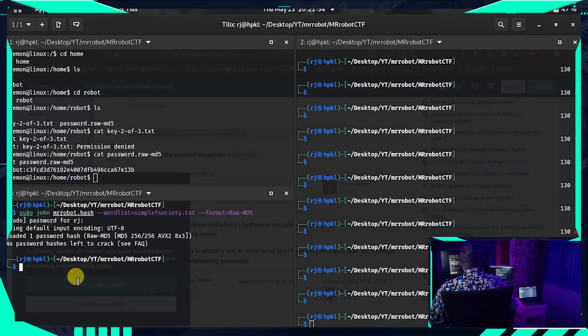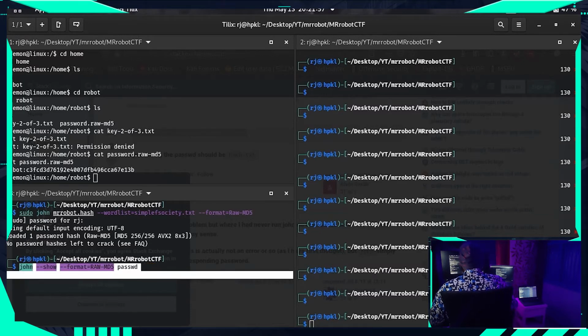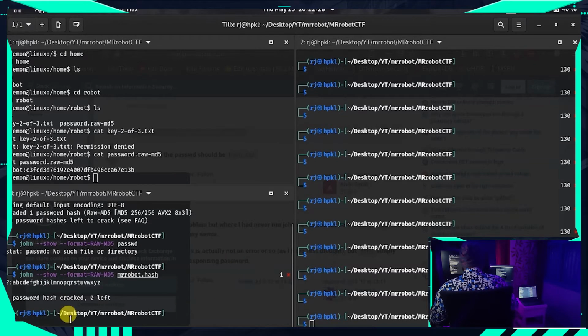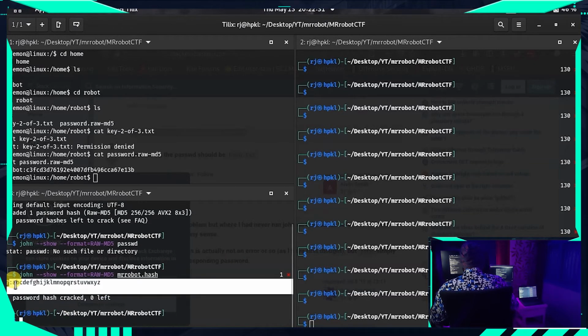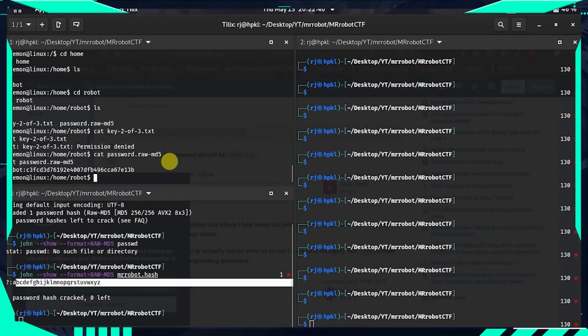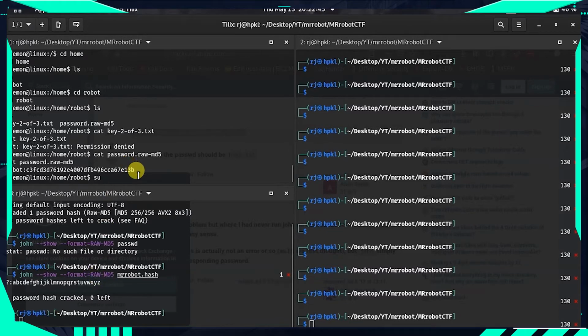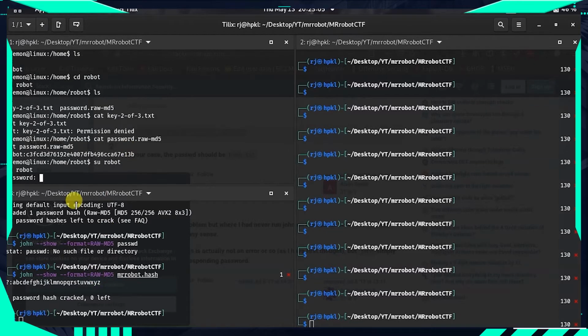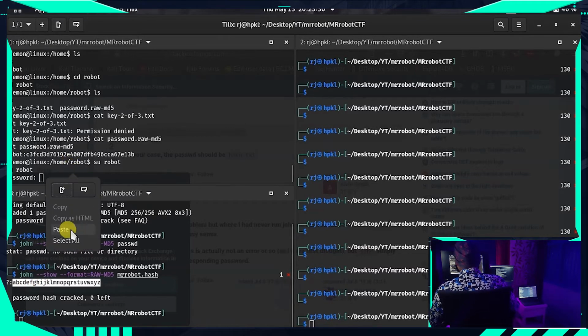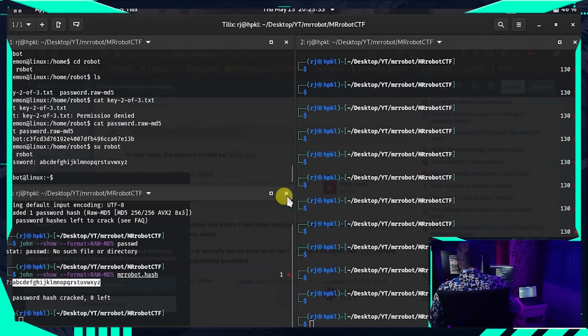To view the password, you need to type this command. Again, I'll give you this command in the description. Once you have copy pasted the command, now give the file name. At the end, you need to type Mr. Robot.hash. Give it a moment. Now you can see the hash. After decoding the hash, we got this as the password. So let's try to log in. Type su, let me copy this. Yeah, so let's check who am I. Now I am robot.